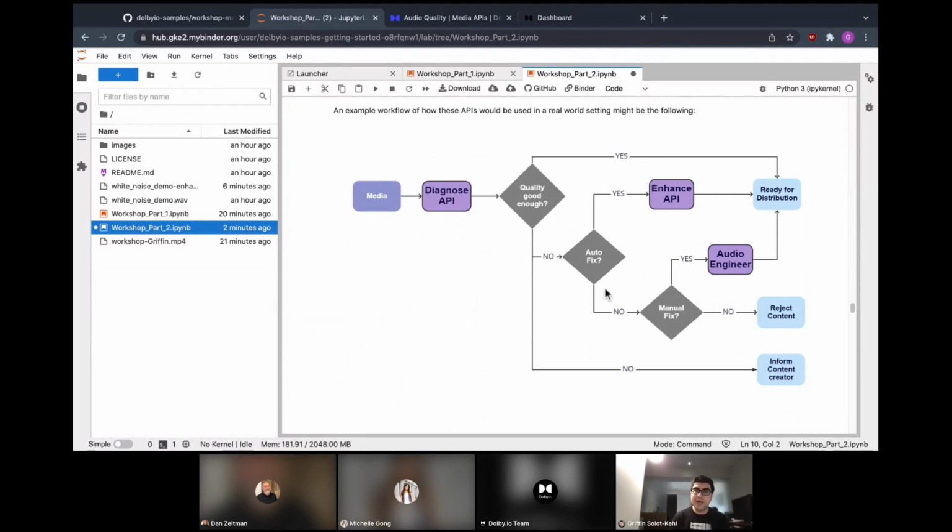But if it's not, you should probably tell the person who made the audio first of all, so they know that there's going to be some edits going on with the audio they have. But then we can decide if we want to send it through the Enhance API to see if we can fix it automatically, or if it needs to be sent over to an audio engineer to be fixed manually or rejected outright. This is a very basic flowchart of how this might look,